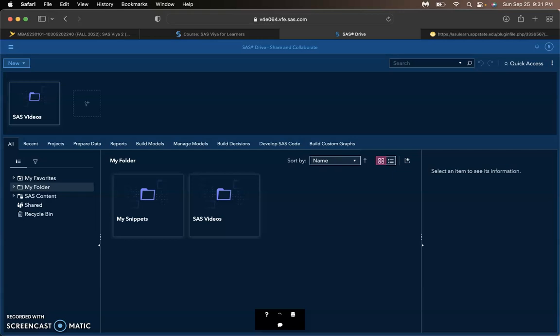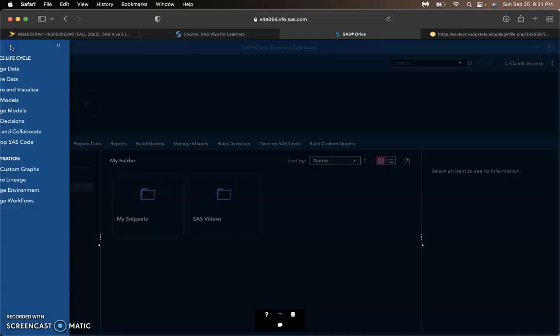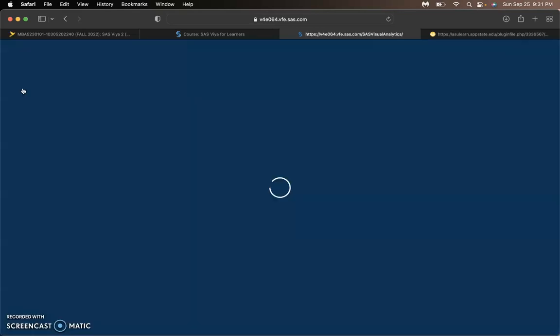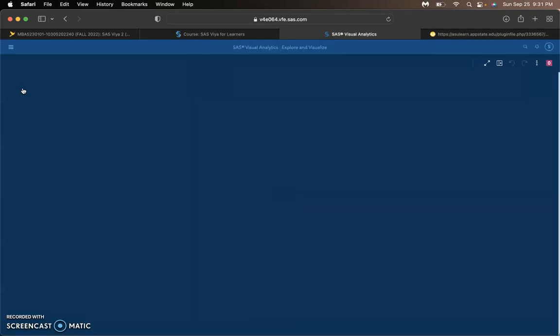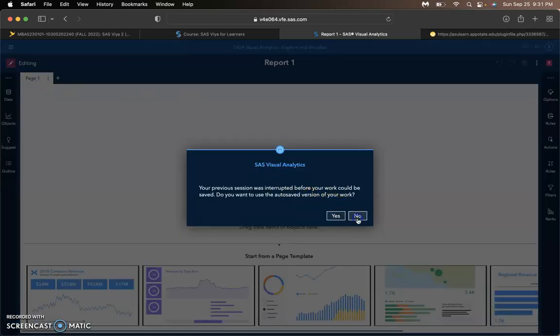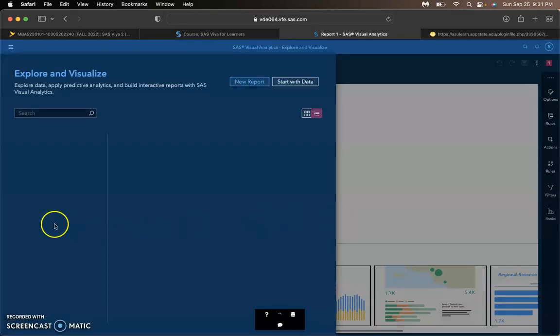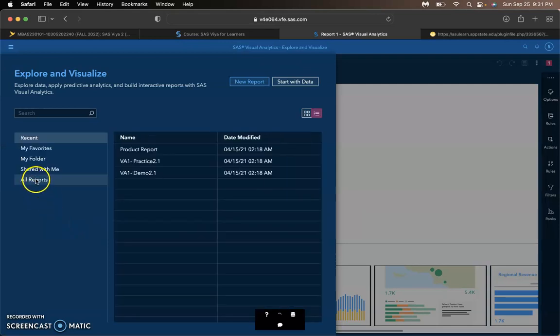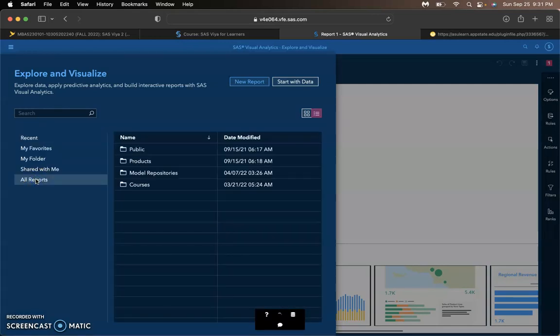So we are going to start. We logged into SAS Viya, we are going to click the Applications menu, and then we are going to select Explore and Visualize. Once it loads, we are going to click All Reports, and then we are going to go to Courses,